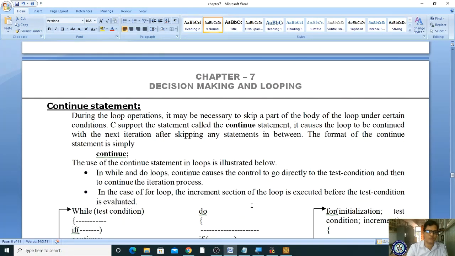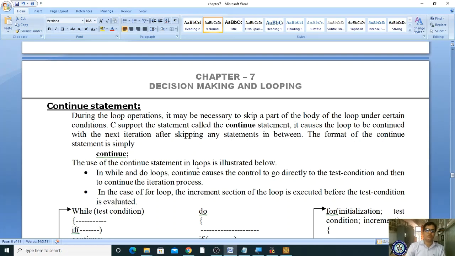Already we have learned the switch case statement, and the next concept is continue statement. So you can use continue statement. These are very important questions. Continue, break, and goto statements are very important. Sometimes it is better to skip some part of a program. To skip a portion of a program, which statement are you using? Continue statements are used. Okay, in loop operation we have to skip some part. To skip that part, we use continue statements in looping.